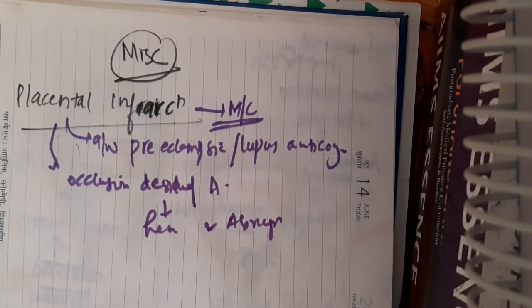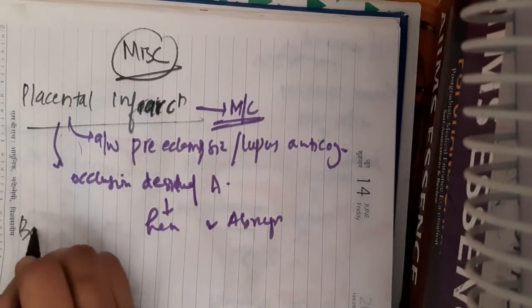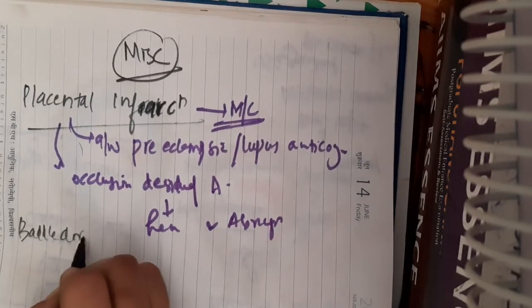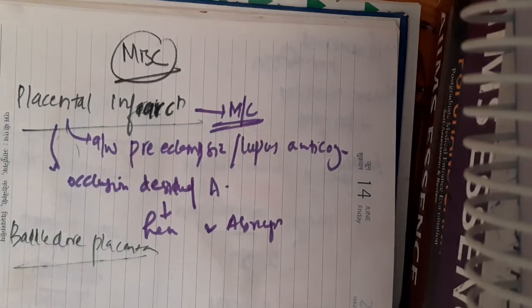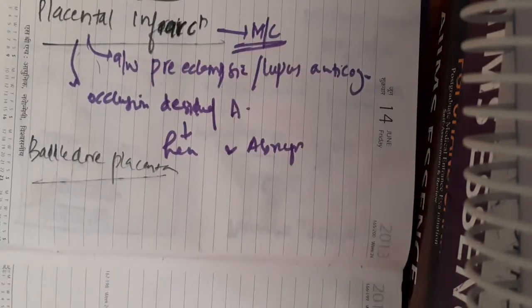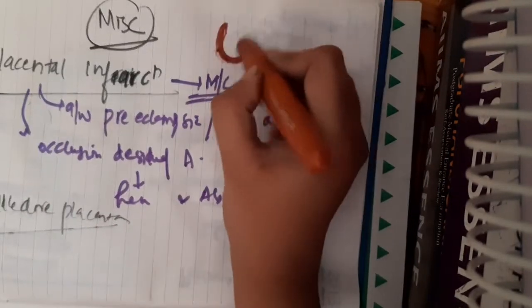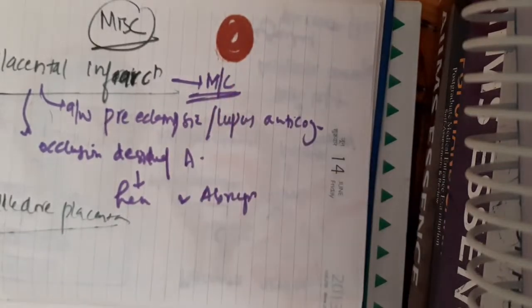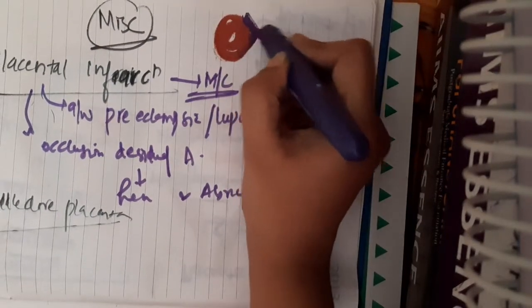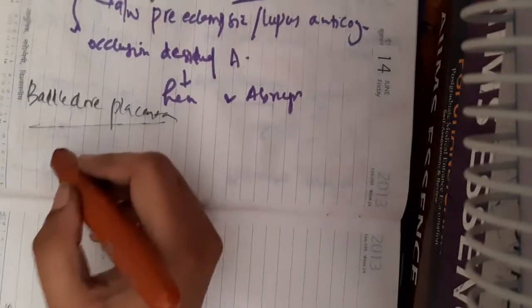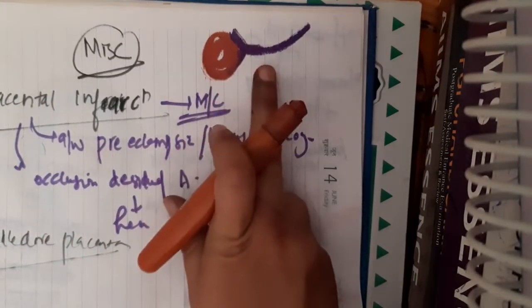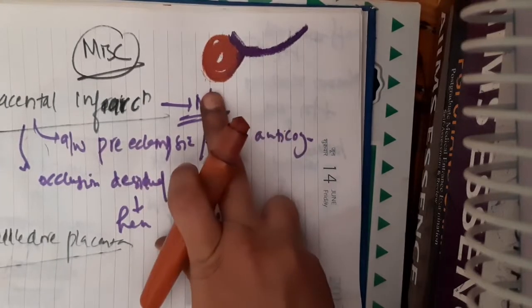Okay, the next lesion is something called battledore placenta. If you see, I'll just draw the normal placenta here. This is the normal placenta, and the umbilical cord is inserted into the placenta at the middle like this. But in battledore placenta, this is the placenta, and this is how the umbilical cord is inserted into